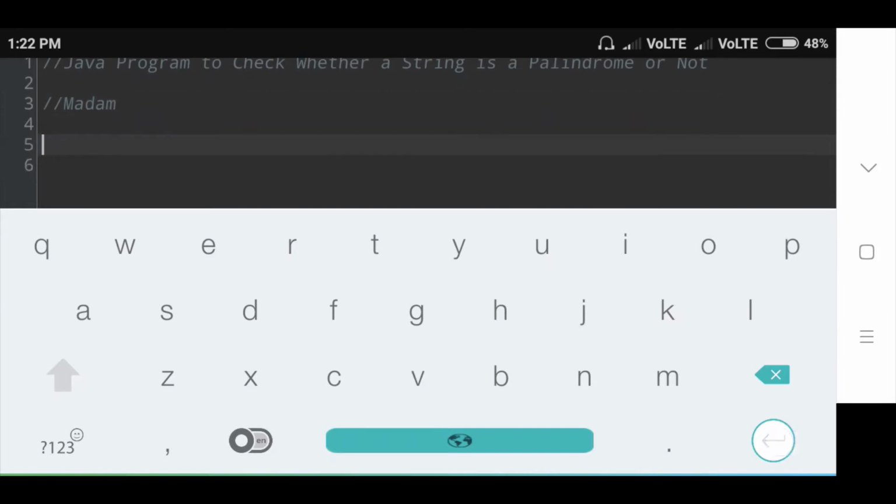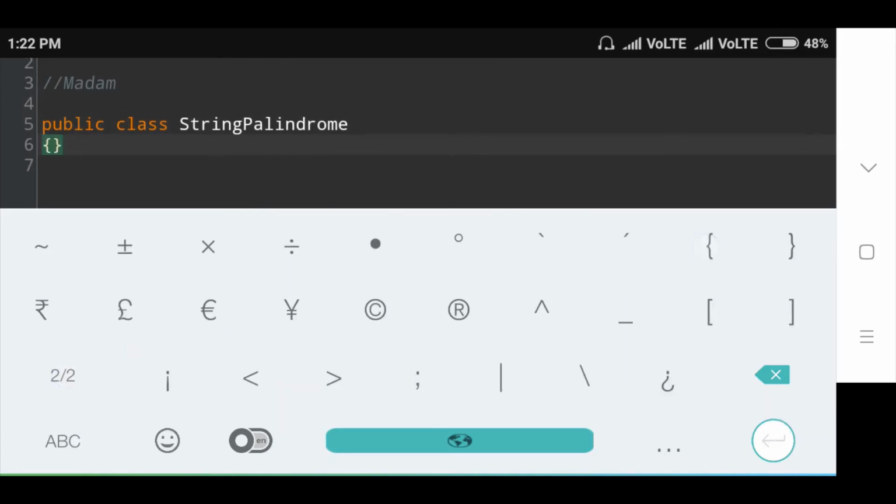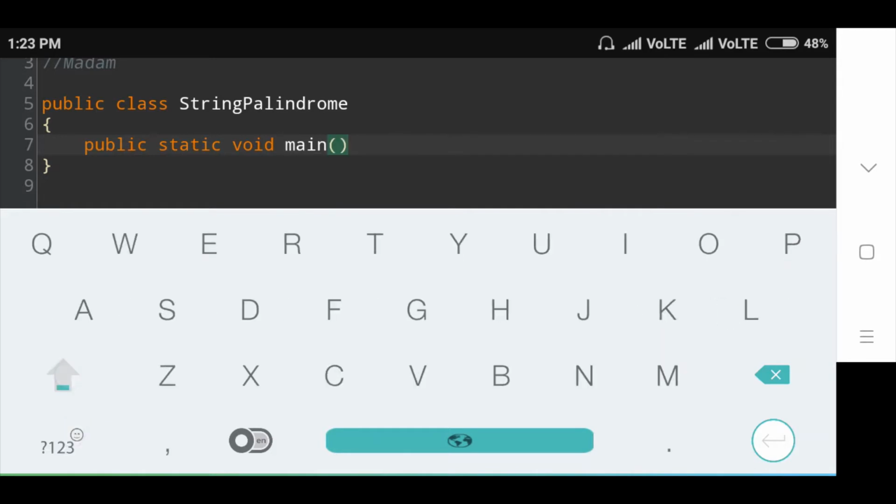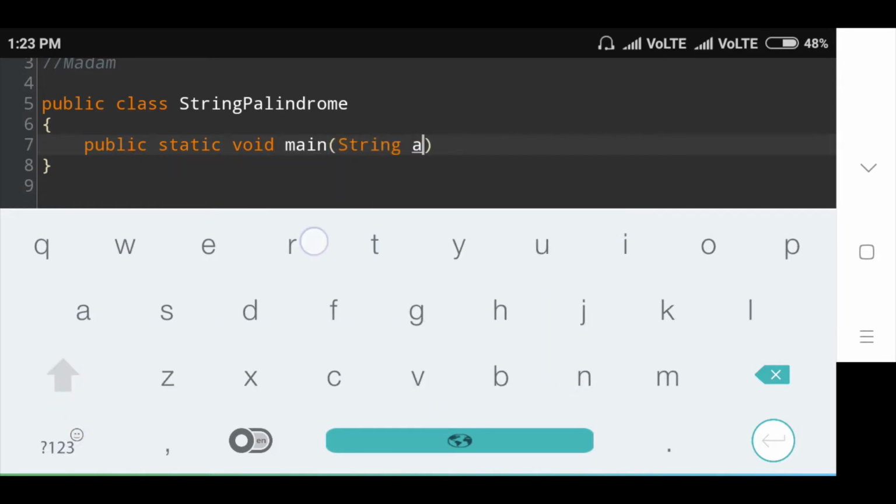Okay. Now first of all, I will create a public class StringPalindrome. Inside this class I will create the main method: public static void main of String args.